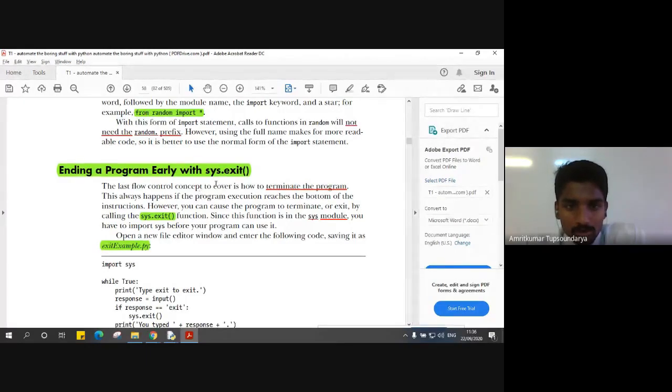This flow control, the system.exit, is the last flow control concept in the flow control chapter. So from next class onwards, we'll be learning about different types of functions in detail. What are the different set of functions which are available? Then we will be learning about some global statements, the exceptional handling tools. Then we'll have other statements also, like a return value and return statements, the none value, and other keyword arguments and so on.